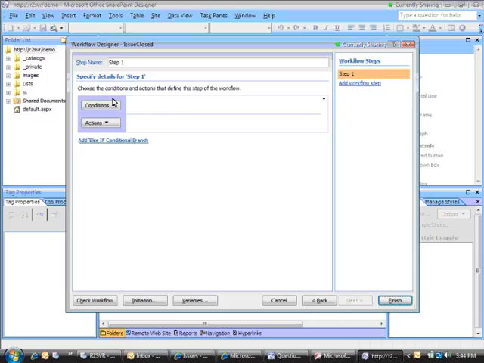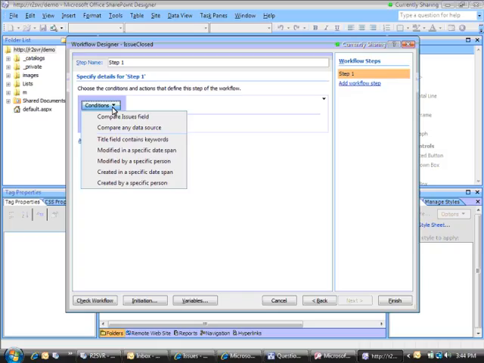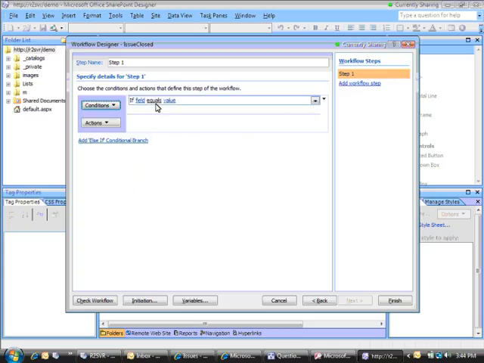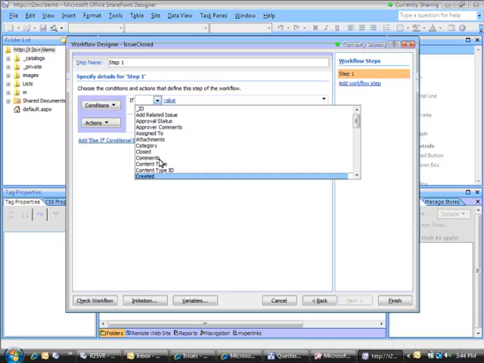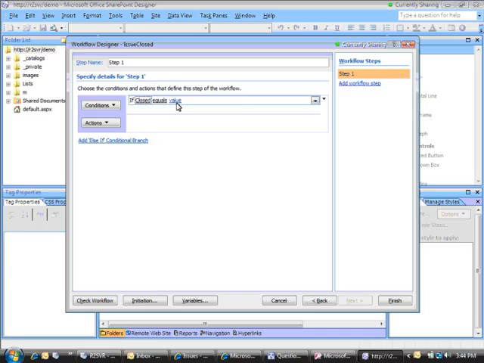And what I'm going to do is add a condition saying, okay, what is it that we're going to do inside this workflow? Inside the Workflow Designer, I have a list of different kinds of conditions. I can check for values and fields. I can look at date spans or who's doing different things. I'm going to take an issue field itself, the field of close, that field that we just added, and we're going to say if it's equal to yes, then